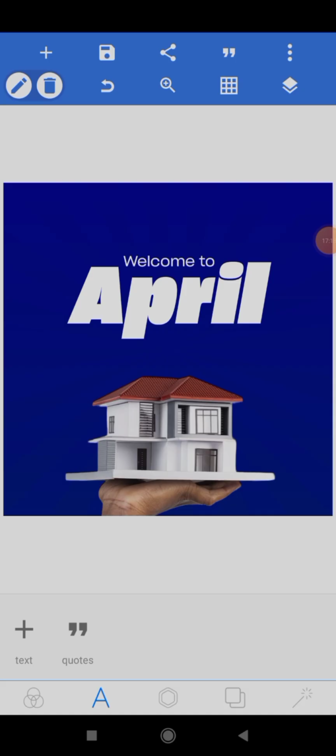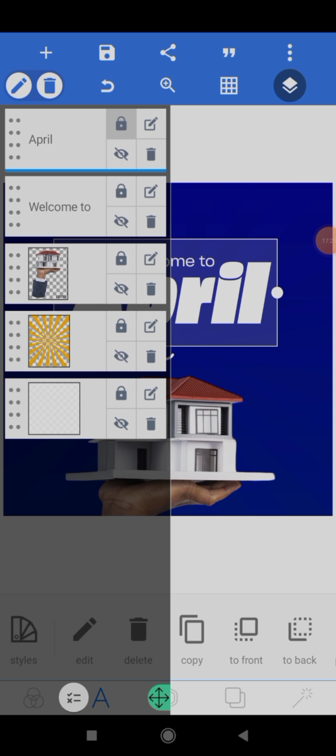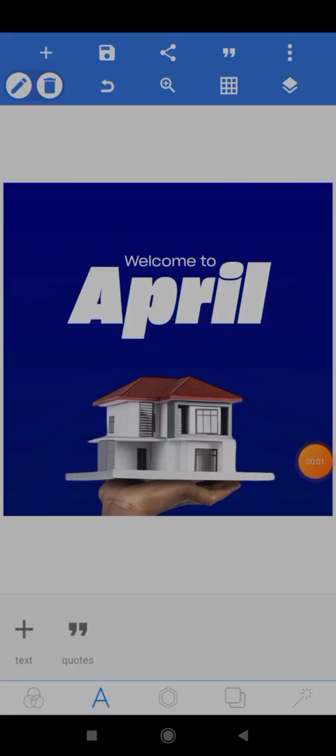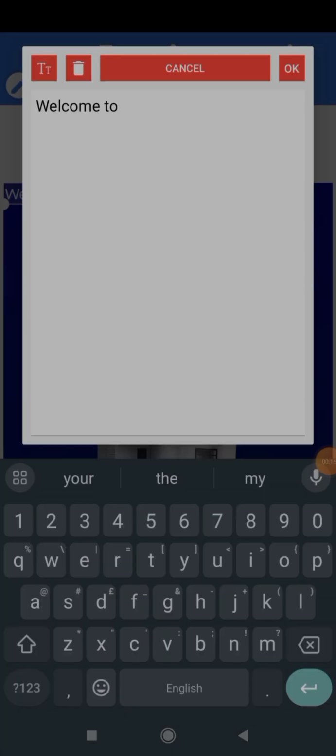Alright, so the next thing you need to do here is to input other text. Let's copy welcome to, so you can use it to add up other text. You lock April, so it enables us. Alright, so the next thing you need to do on this design is to create your other text. You can actually copy this, now use it to create other text. Here I'll just come and type,